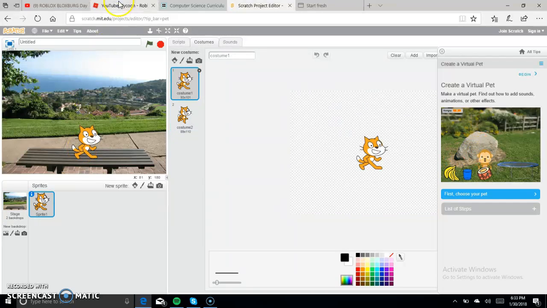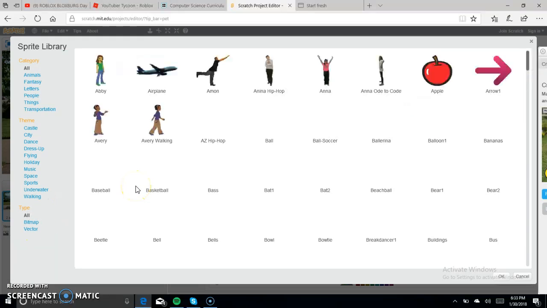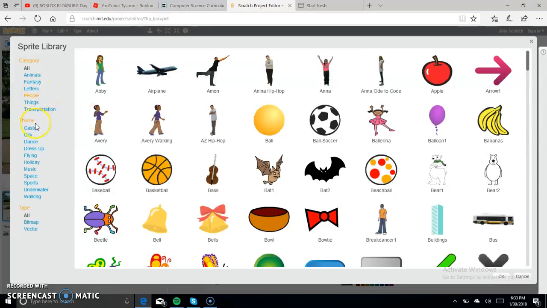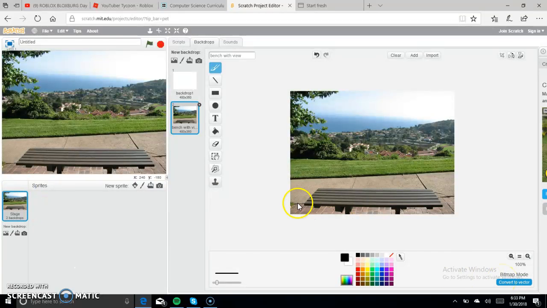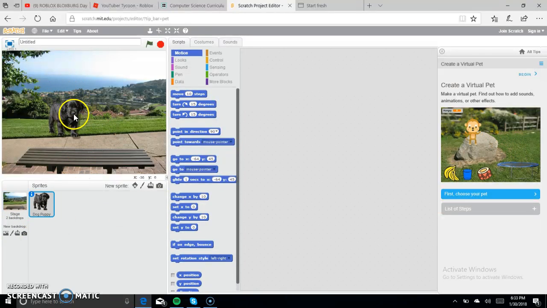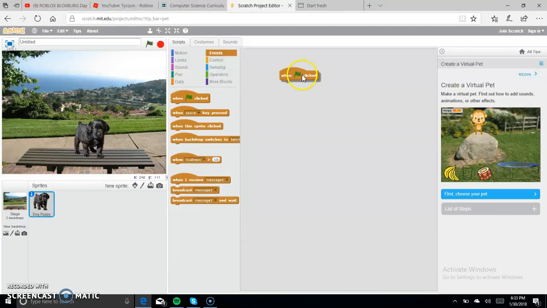I don't want this sprite, so I go over right here and delete it. Now I'll get a new sprite. Okay. Animals. Oh, I'll take the puppy, the cute puppy. Puppy! Okay. When flag clicked,